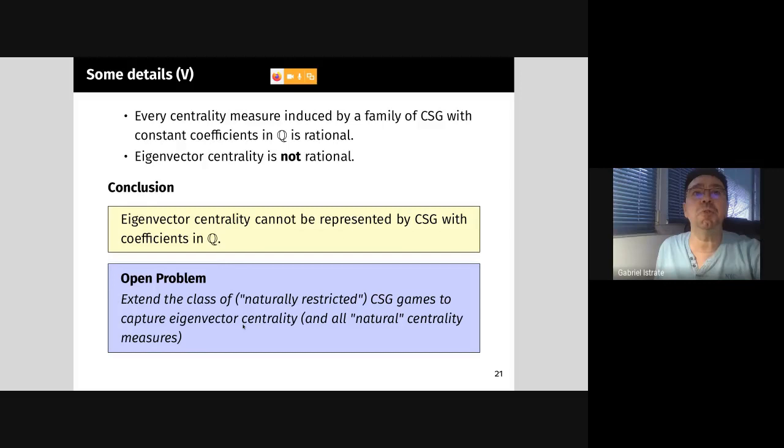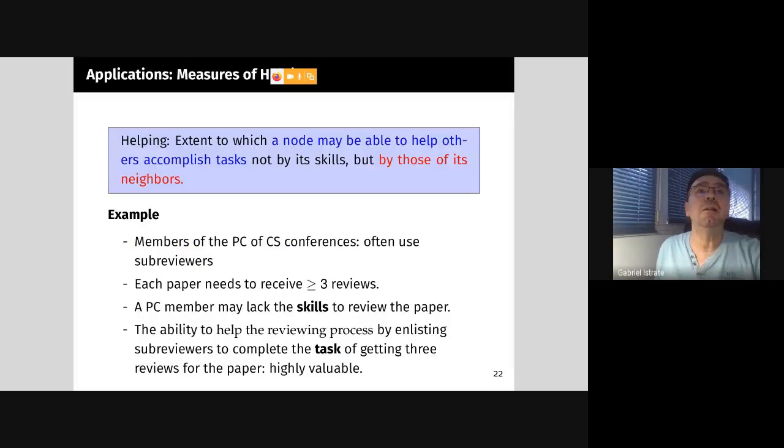And it's an interesting open problem to extend the class of coalitional skill games to be able to capture eigenvector centrality. To some extent, this result was surprising because everything in the literature was pointing to the fact that, yes, you might be able to represent everything as a Shapley value of some coalitional skill game, and you can't really. So let me go to the second part, which is actually more interesting, and it's about new measures